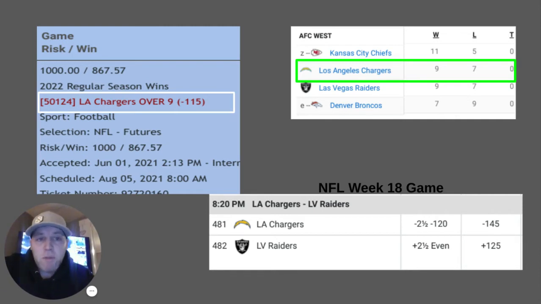So my hedge option would be to bet the Raiders, because if they do win, I don't win my Chargers season win total bet. Now, this is the general idea behind a hedge, making offsetting bets. I haven't decided how much to bet on the Raiders, but how much you hedge should really come down to personal preference: the status of your bankroll, your risk tolerance, all that, and of course, your opinion on the outcome of the game.